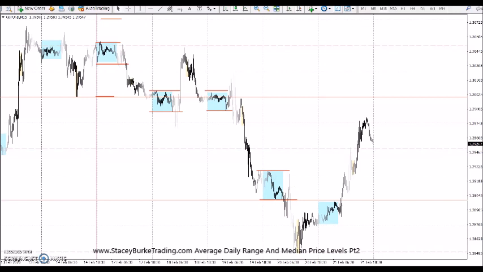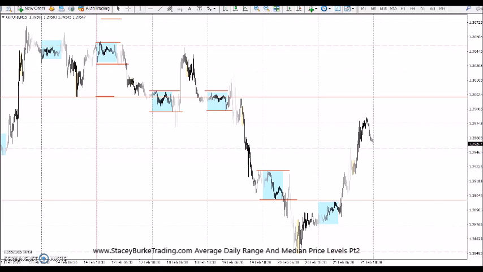So hopefully you got some value from today's video, traders. Average daily range, median price, the Asian box, looking at the average weekly range in terms of levels of rise and fall. Each day, looking at your average daily range as you head later in towards the end of the day into the New York session. If you've missed the low of the day or the high of the day, that doesn't mean that you're not going to get an opportunity in New York for a move back in the other direction, or even for a continuation. So stay disciplined, stay focused, traders.